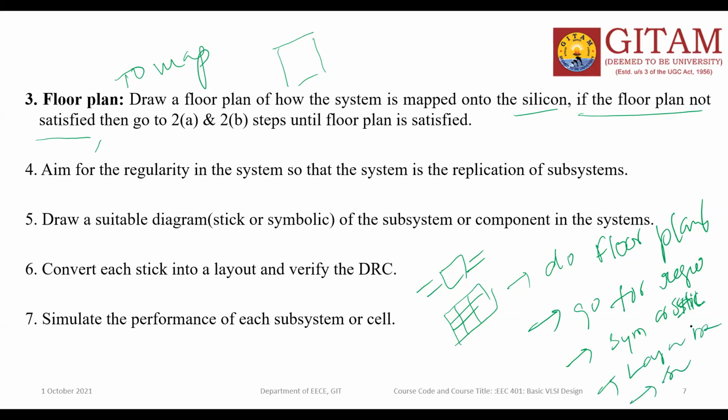These are the 7 steps for handling the architectural issues of your design. Okay. These are the 7 steps we must follow to avoid the architectural issues. Otherwise, this is a systematic approach. If it is not systematic, then definitely you will get the architectural issues.